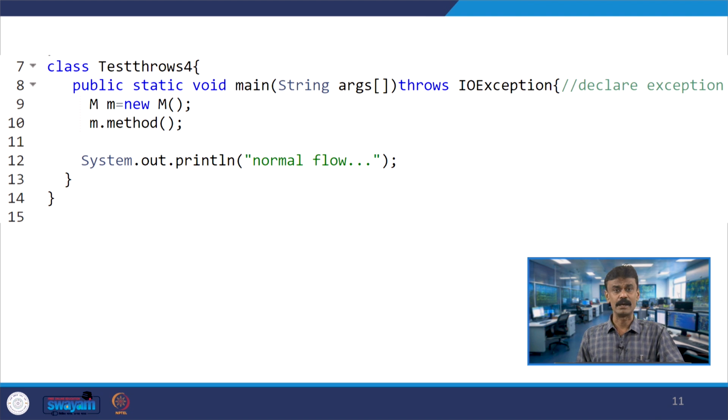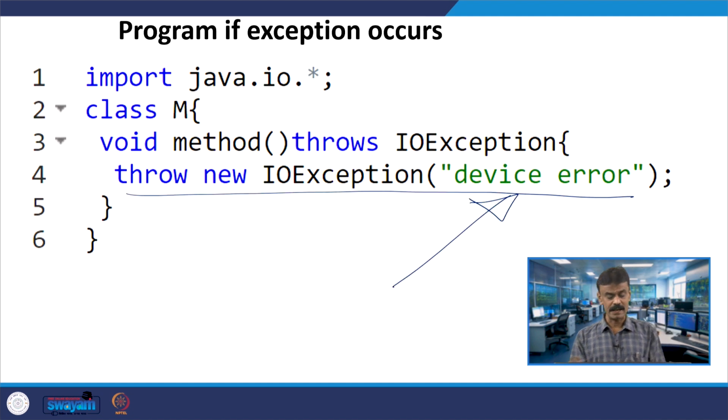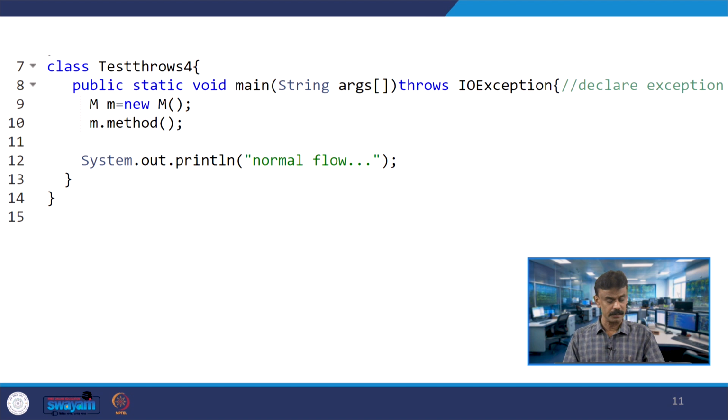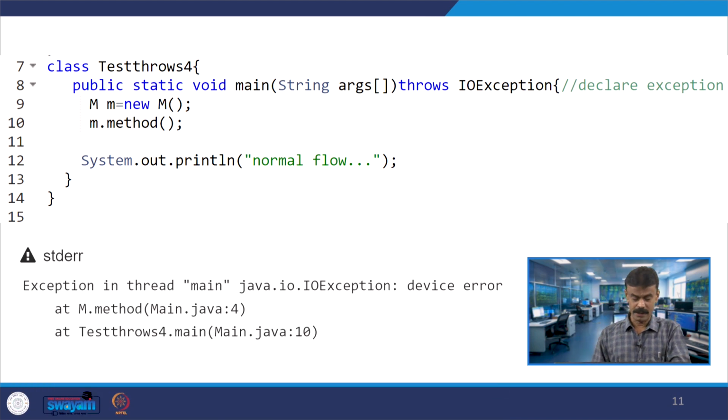This m is invoking the method, and here you have the exception. So the device error will be printed, it is printing over here, and that is it.